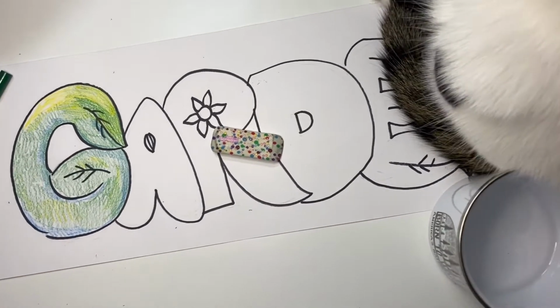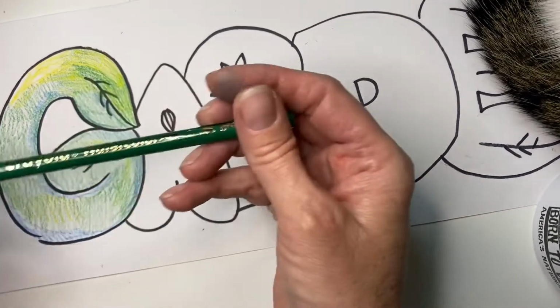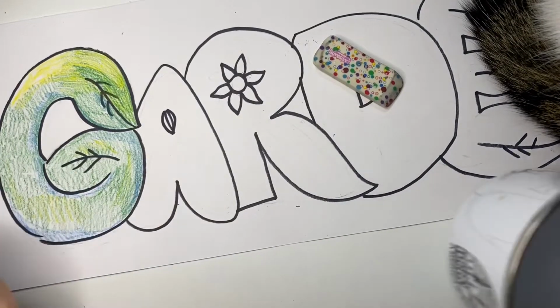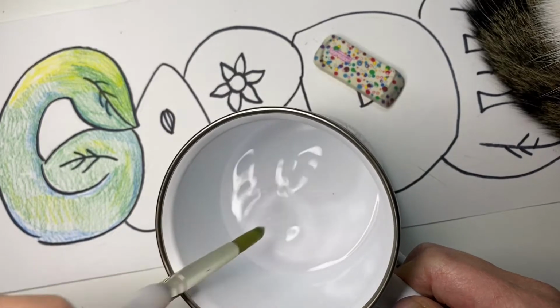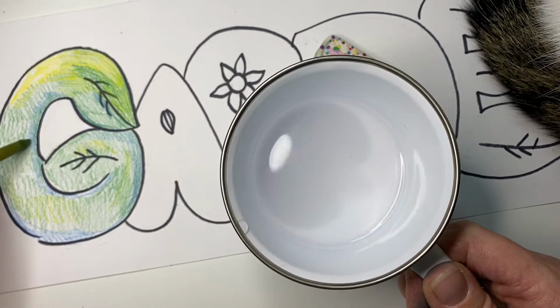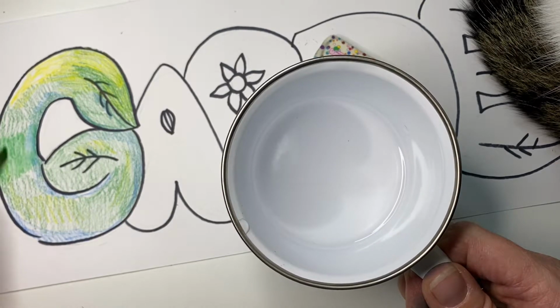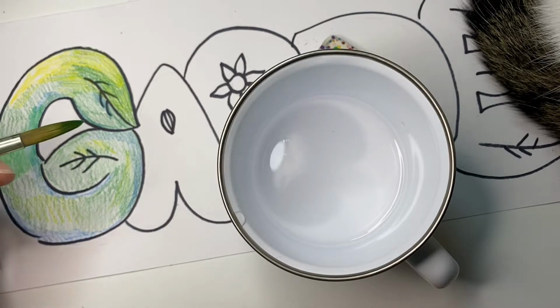Now comes the fun part. Because this is watercolor, when you add water, which is why my cat is sitting here on my paper because he loves when I get the water out, I'm just going to take my brush, and these colored pencils turn into watercolor paint, which makes them really easy to blend. So I'm just using the tip of my brush